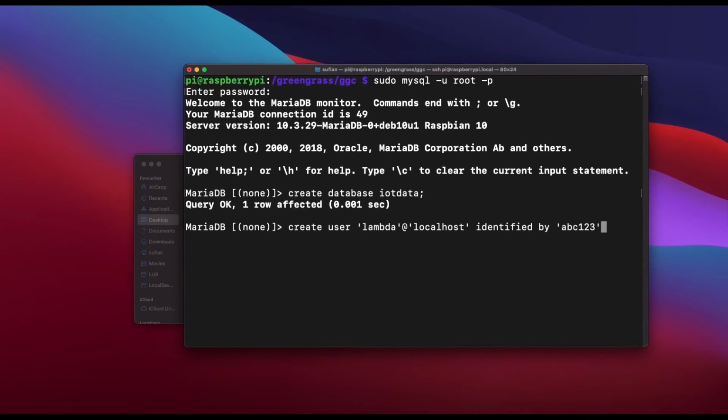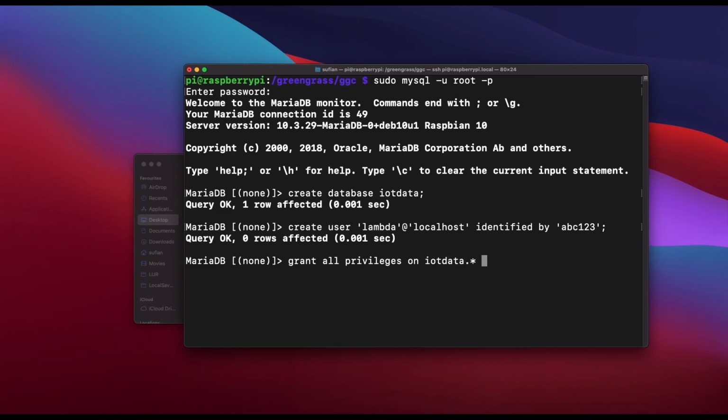Okay, now this should have created a user, and then I will grant all privileges on the IoT data database and all of its tables to lambda@localhost.